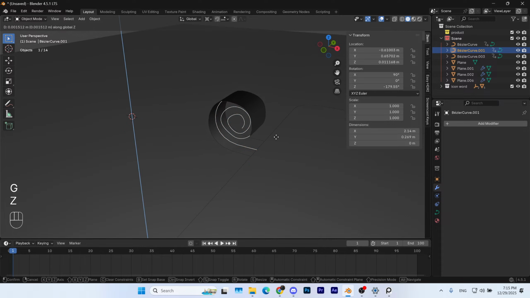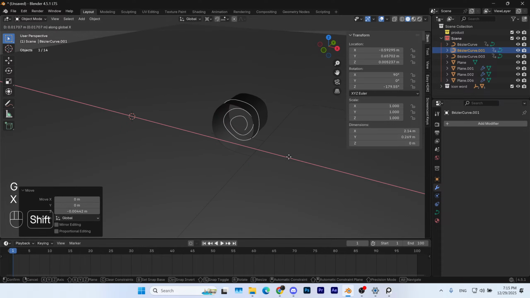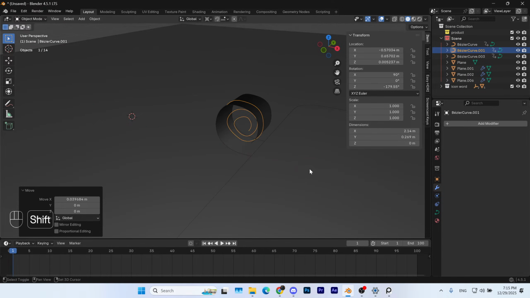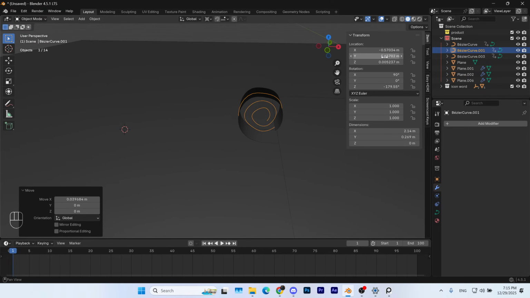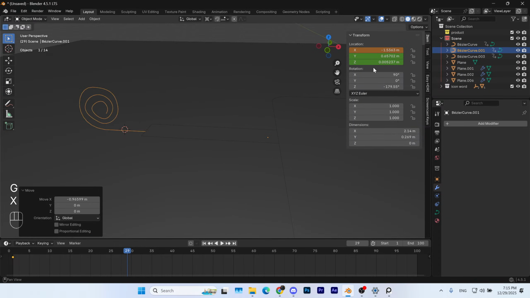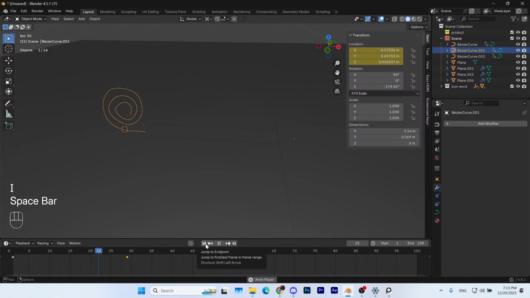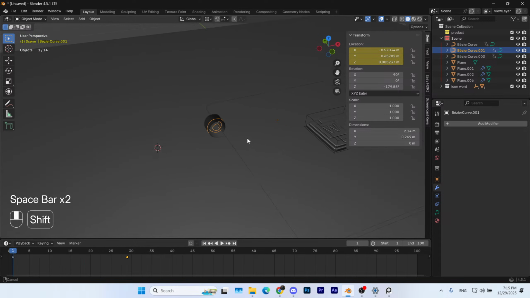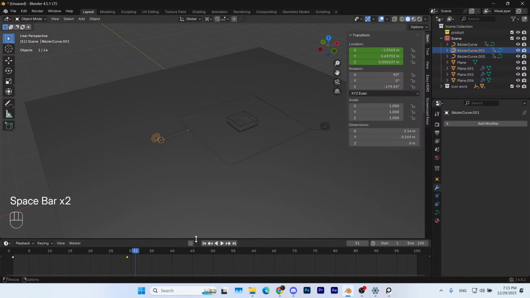Let me just fix it. You can have it like this, and you can animate it like that, and like this, and like that. Now, if we look at everything,